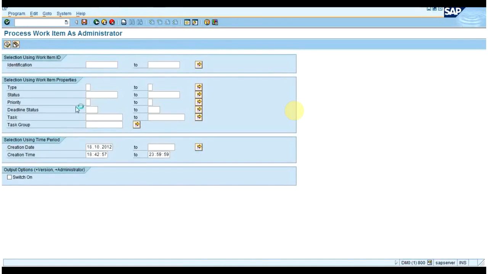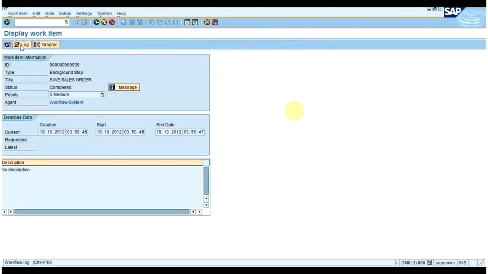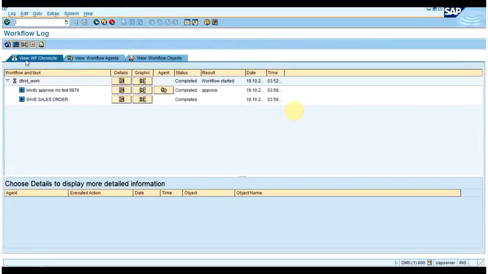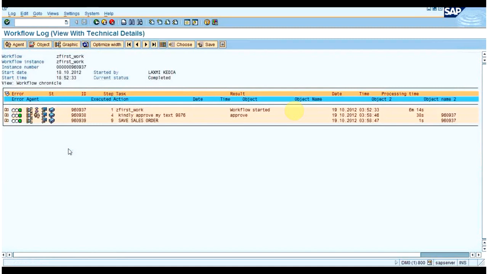I have already discussed the types of work item ID: dialog work item, missed deadline, work queue, workflow work item, background work item, wait step, web work item. All these were the types of work item. Here this is the log through which you can debug the whole workflow. Throughout the classes I will show you how to debug the workflow through this log so that you can understand it better. I hope you got to know about this work item ID, because without this it will be difficult to debug the workflow.